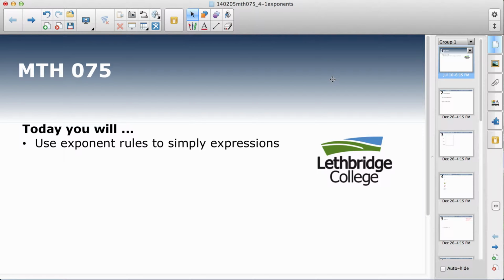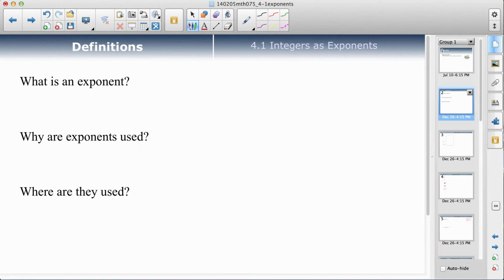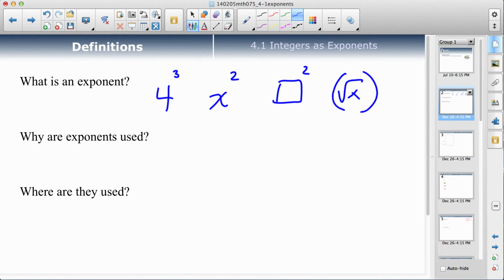In this video, we are going to be talking about exponents and exponent rules and working with them a little bit to simplify expressions. First off, what is an exponent? I guess an exponent is a little number that you typically write above another number, or above a letter, or above anything. If you have a box squared or a square root of x squared, any of these numbers here, and it doesn't have to be a 2, it could be a 12 or whatever, those numbers are